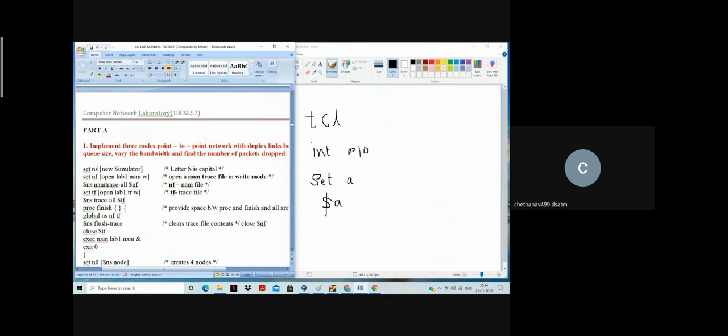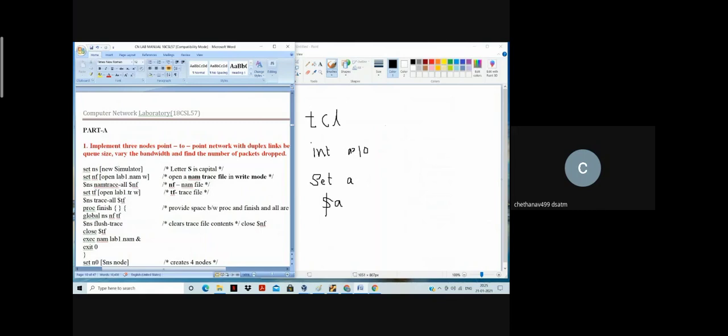Okay, so that is nothing but one object I'll create by a set command, ns, network simulator. Via this I'm going to create the object, and the class is Simulator. Please make a note of this, it should be a capital letter. And then after creating the ns object for my main class Simulator, what I will do, I am going